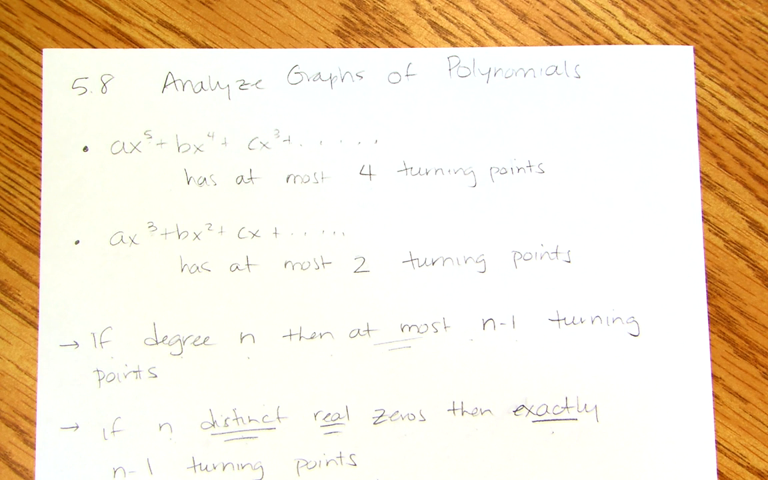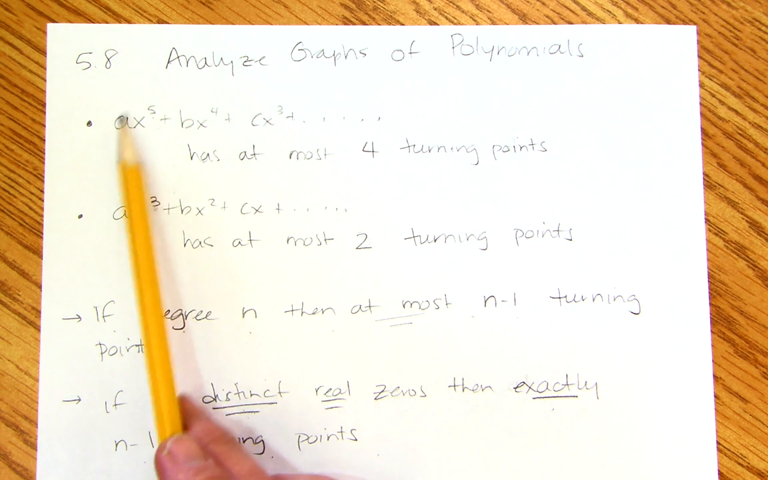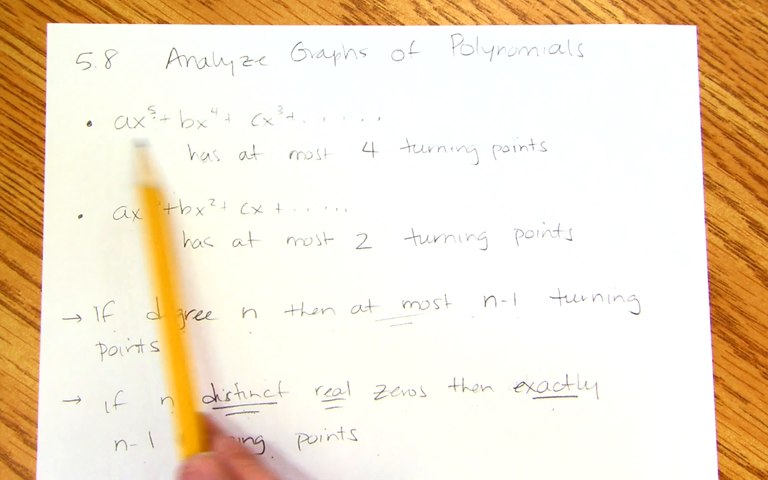Okay, we're almost wrapping up Chapter 5. We're going to analyze graphs of polynomials, which we've sort of been doing along. So this section actually helps us put a lot of things together, and so there really isn't much new information. So the first is that if I have a polynomial with a degree of 5,